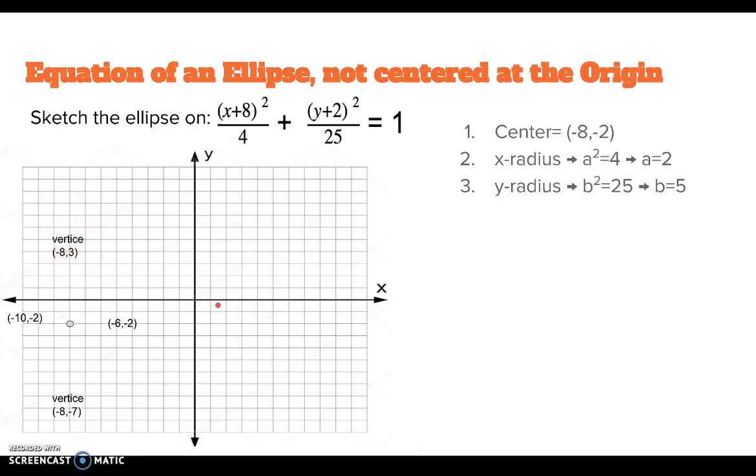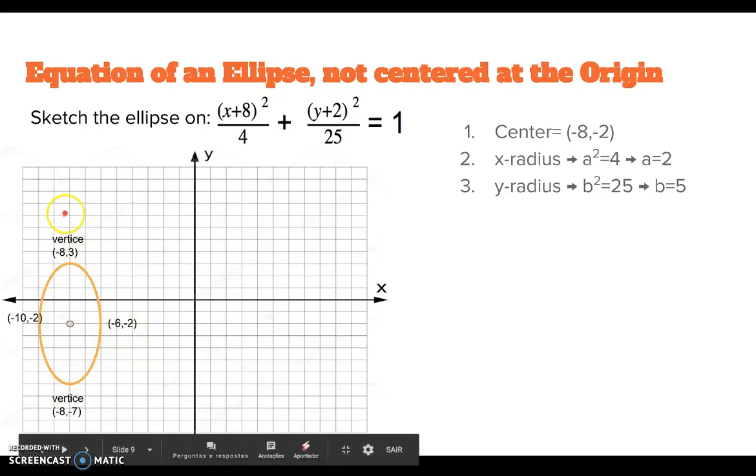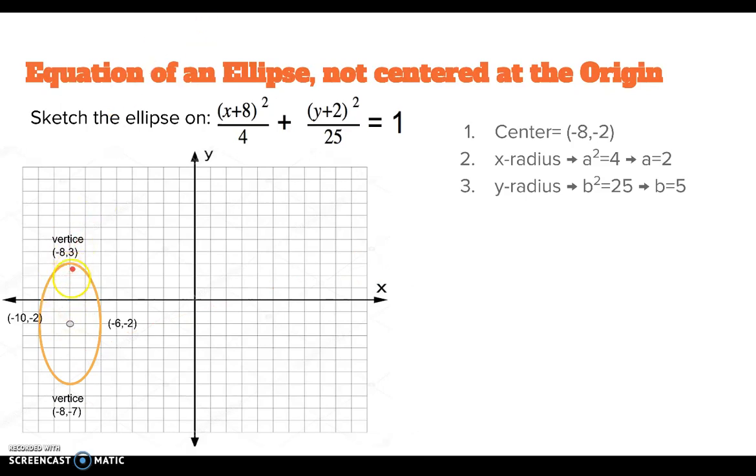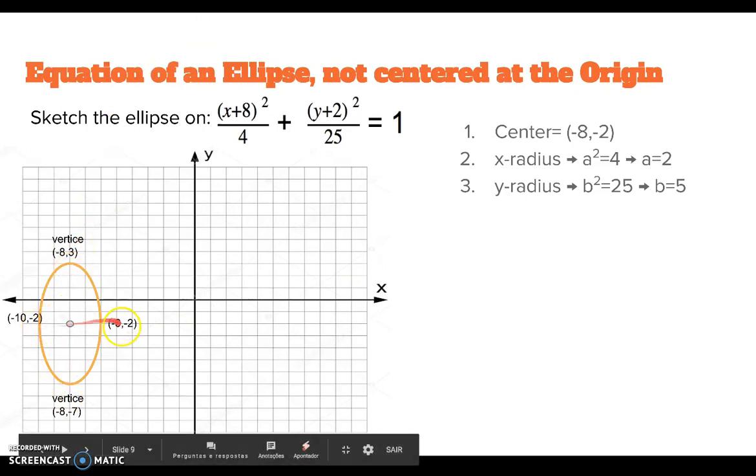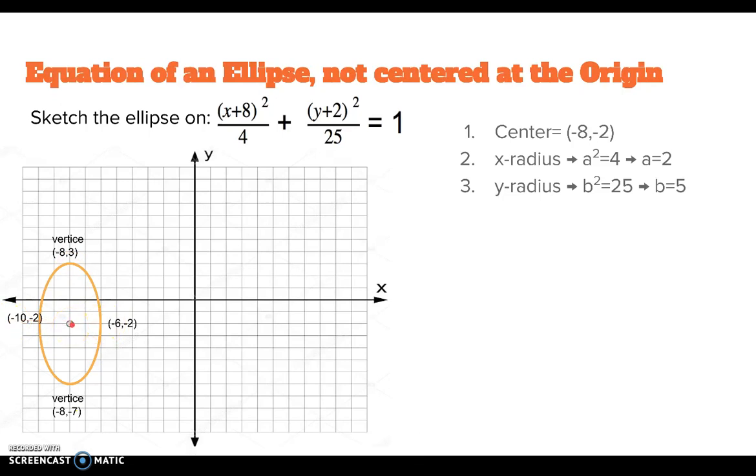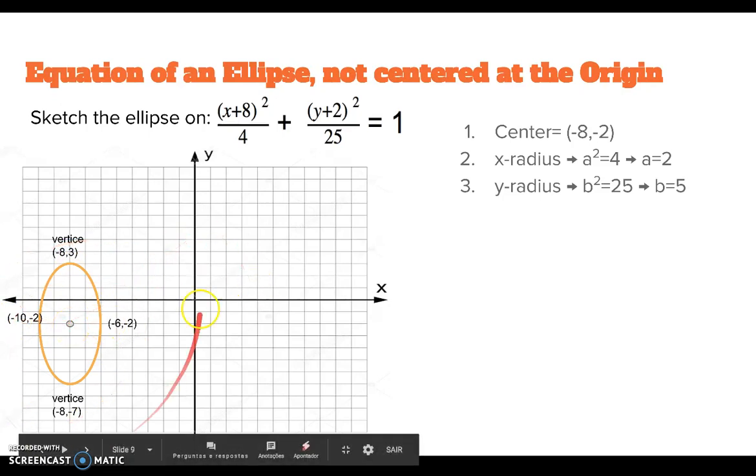So let's sketch our ellipse. This is the form where the x-axis is going to be the minor axis, and this one the major axis. It has a major length here, and this is the minor length, so the minor axis. So this is our sketched ellipse. We're done with the exercise, but like here,